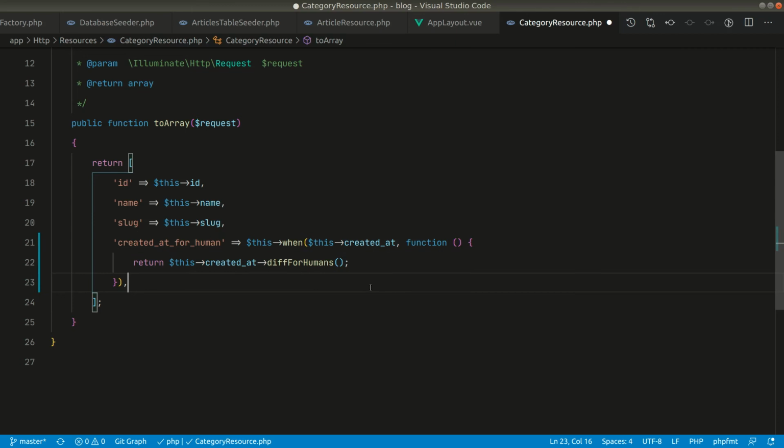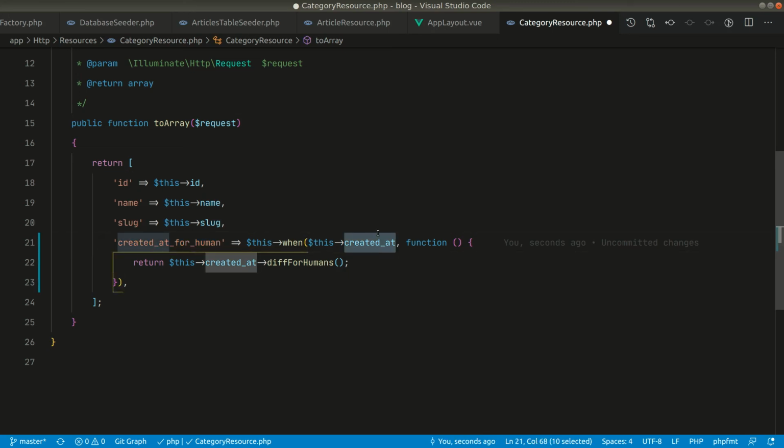Now we don't need this. So whenever created_at is present, only then this closure will be executed, otherwise it will not be executed. So we will only get this key whenever created_at is present in the model.